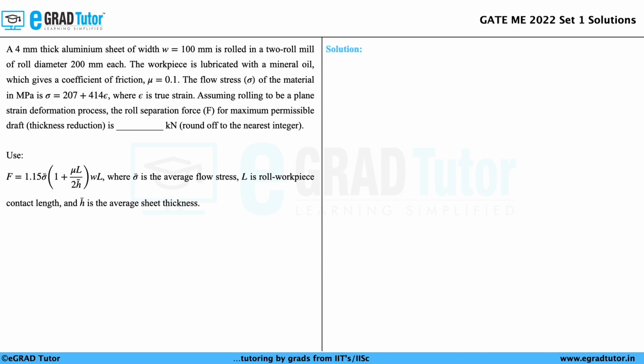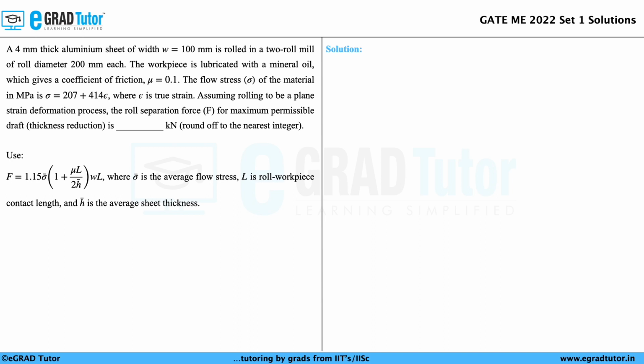A 4 mm thick aluminium sheet of width W equal to 100 mm is rolled in a 2-roll mill of roll diameter 200 mm each. The workpiece is lubricated with a mineral oil, which gives a coefficient of friction mu equal to 0.1. The flow stress sigma of the material in megapascals is sigma equal to 207 plus 414 epsilon, where epsilon